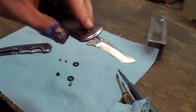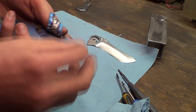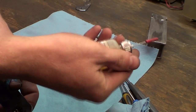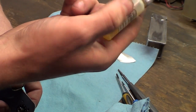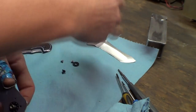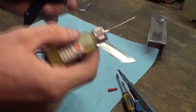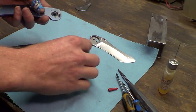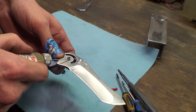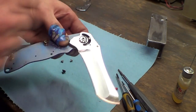So I hold the stop pin or the pivot pin in there, put the stop pin in, put a bearing in, and I use NanoOil. Label's a little messed up there, but I like this stuff a lot. And I just kind of put some everywhere. And then blade, more lube, bearing,